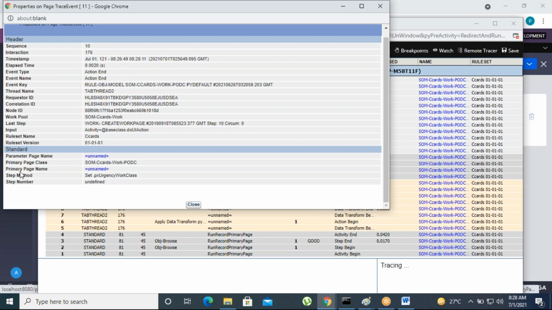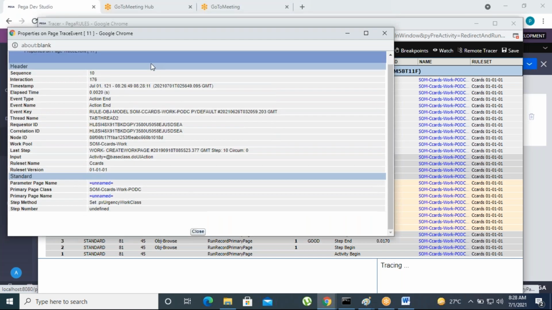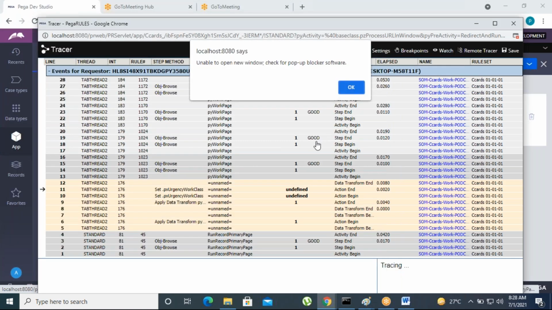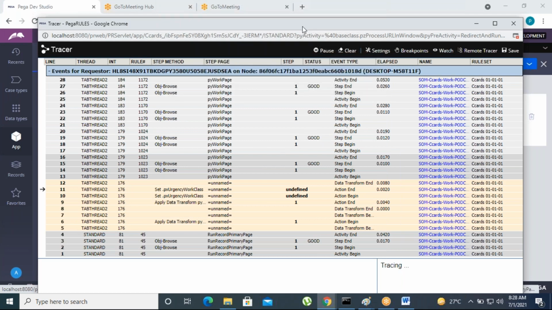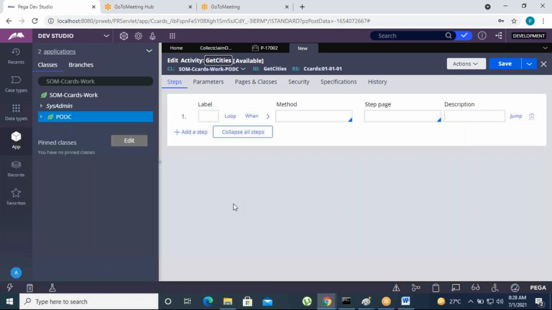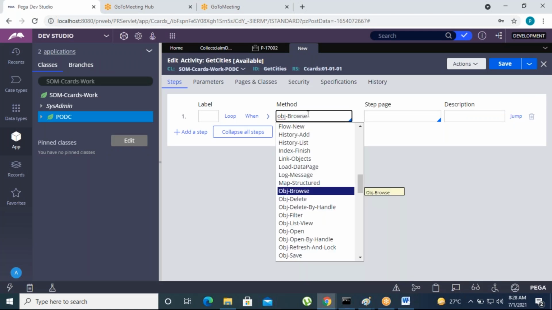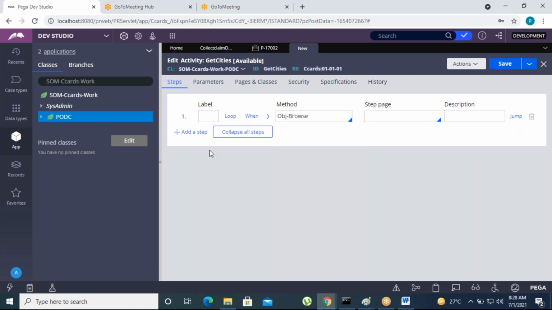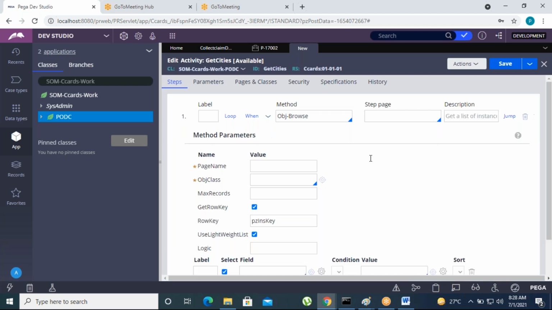Unnamed is nothing but a parameterized page. You can use it for cities like obj-browse. One of the interview questions: how to trace the parameters through the tracer. So in the tracer an unnamed page will be added, and let's open this. We can trace the parameters also.